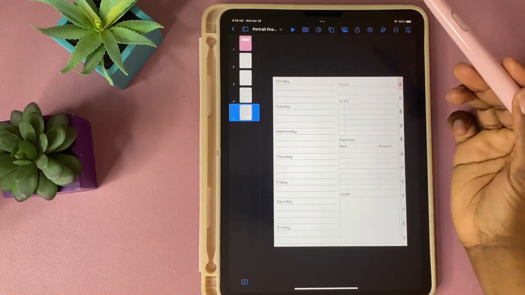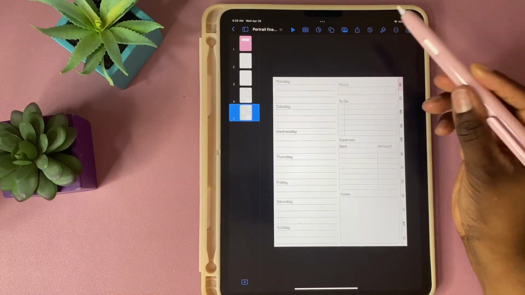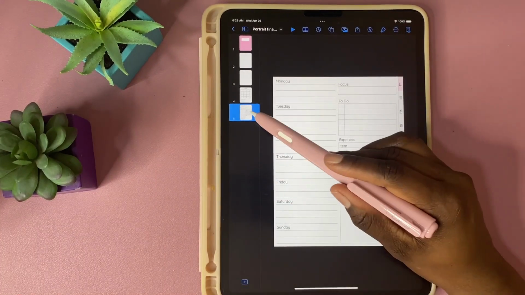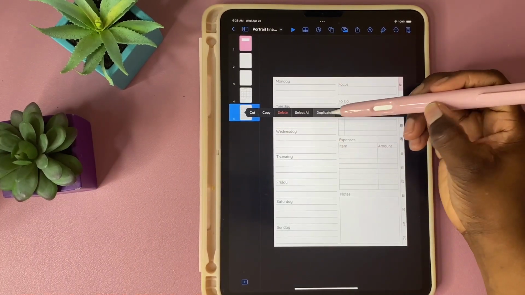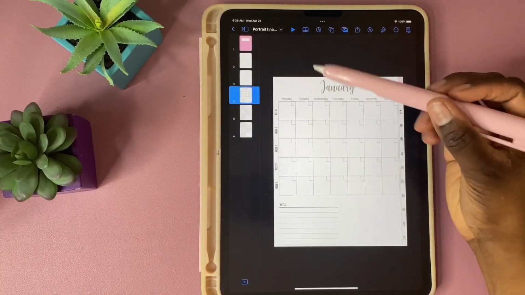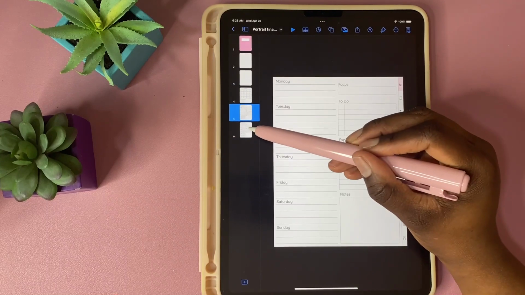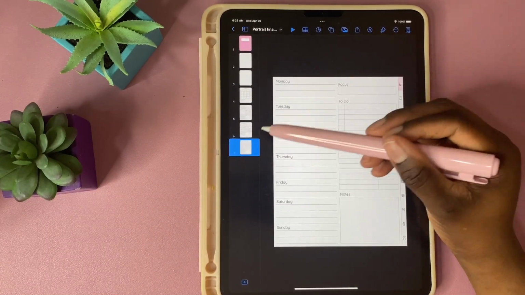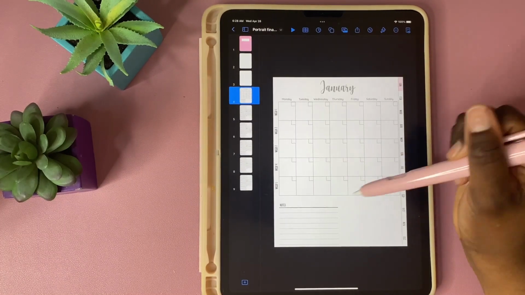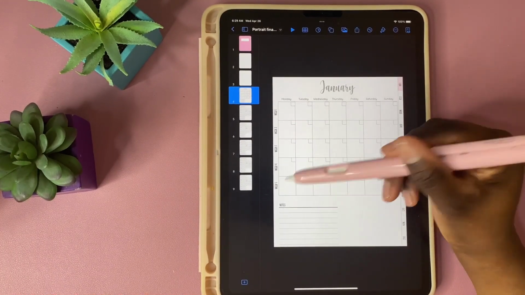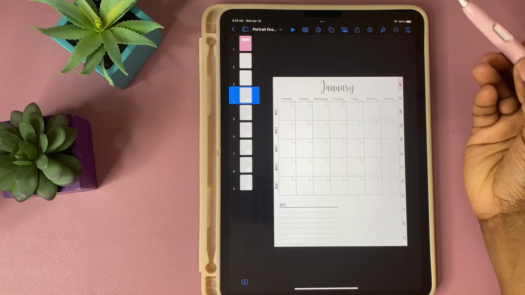We are now going to duplicate our weekly views 5 times. So we already have 1. Actually, we'd only need to duplicate it 4 times since we already have our first week. So we need to duplicate once, twice, 3 times, and 4 times. I'm so annoying. Now that we're done, go back to the monthly view and we're going to add our hyperlinks